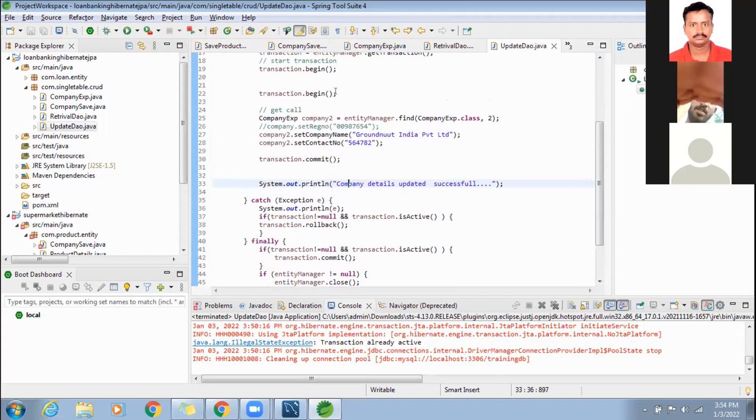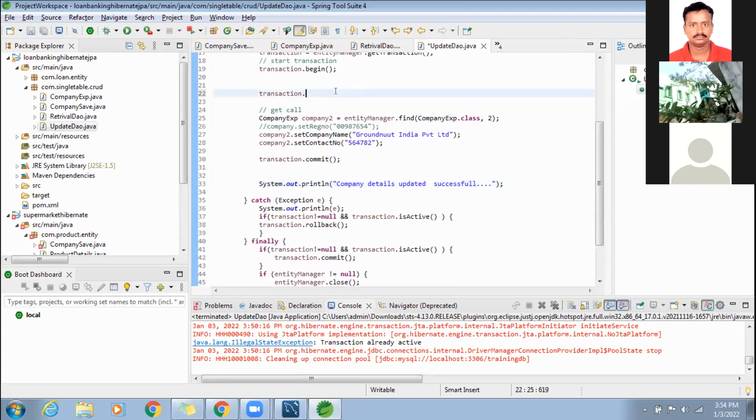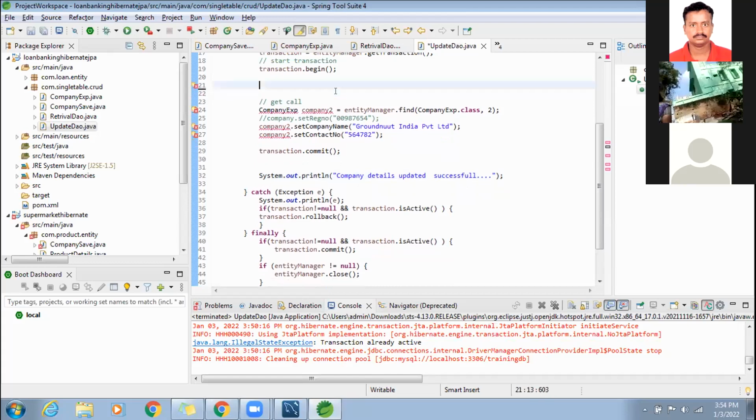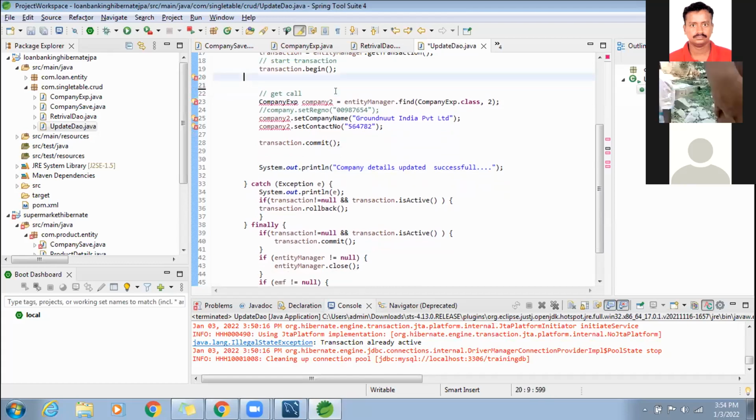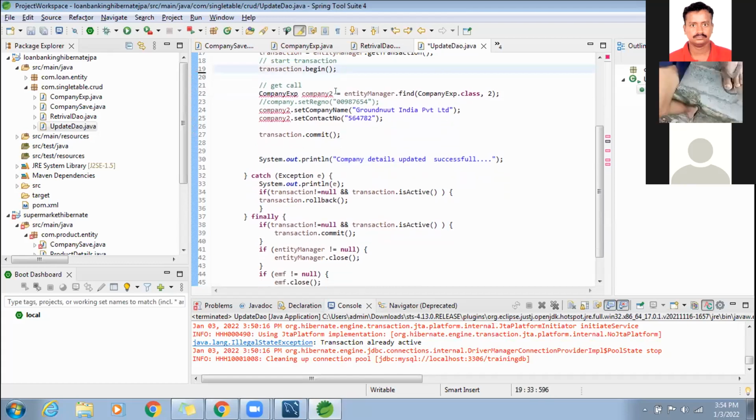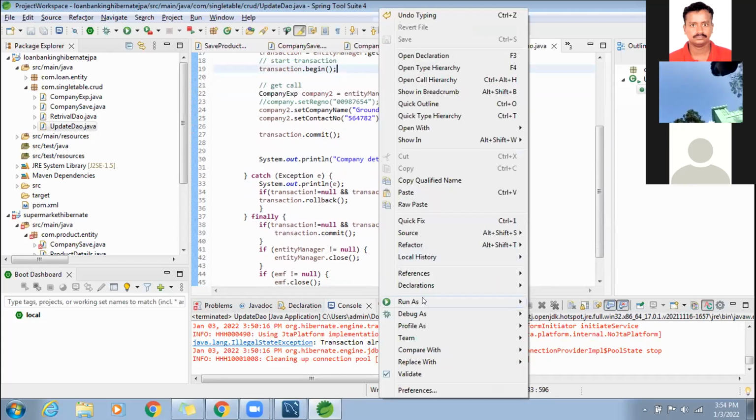Yes, sir. Yeah, remove that line number 22. Two begins are there, that's why you are getting the error. Now Control S. Now run. Can you all remove that line?